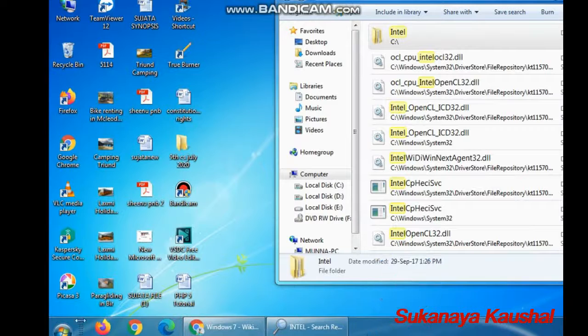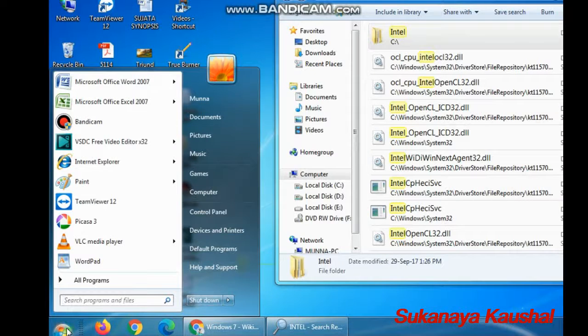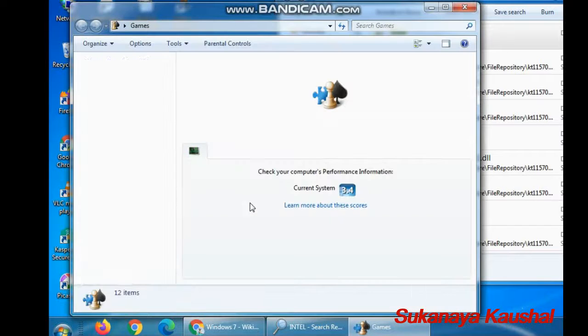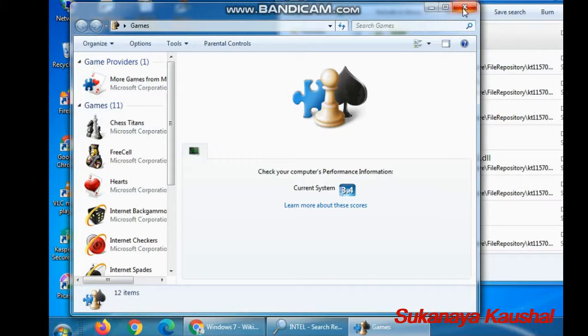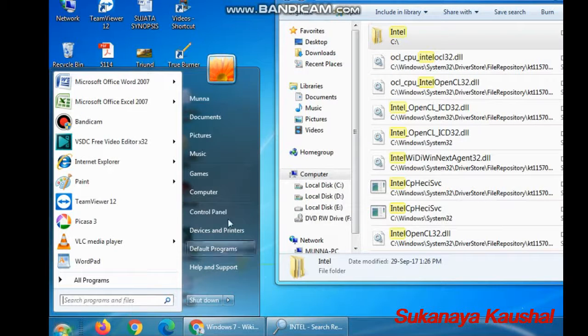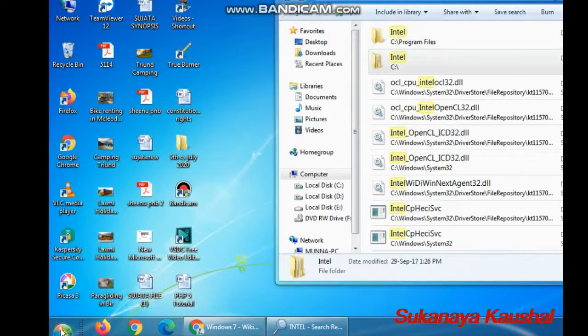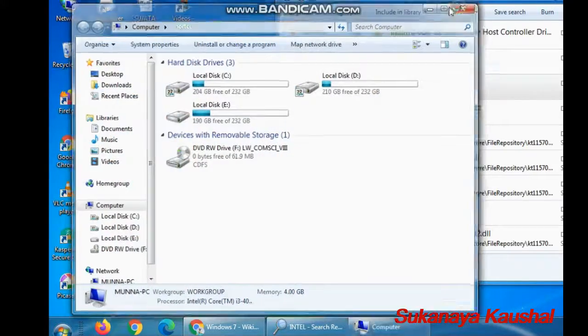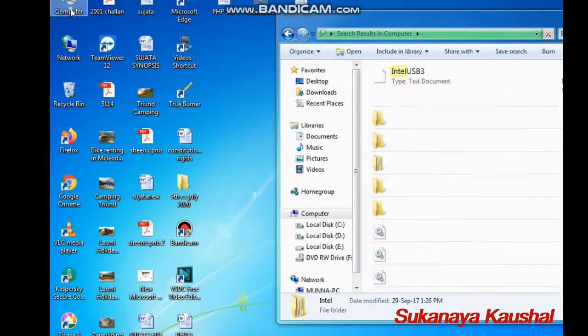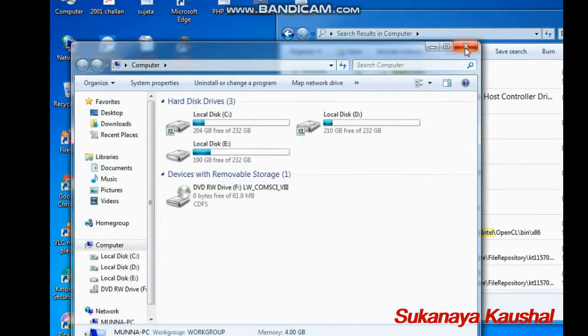After these selections, I select start first, and again I can go to the games. If there are games available in your system, I can play those games. In the start menu I get Computer, and I can directly click on Computer, my PC. Otherwise I can also go to My Computer by double clicking.